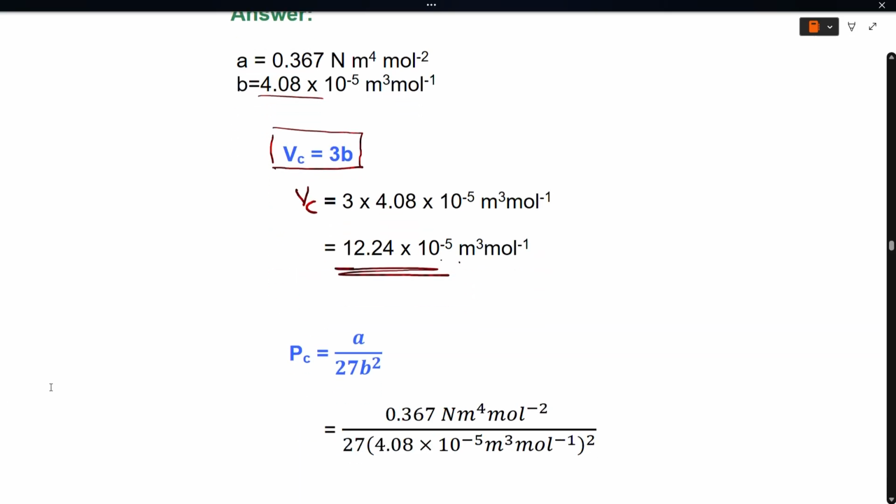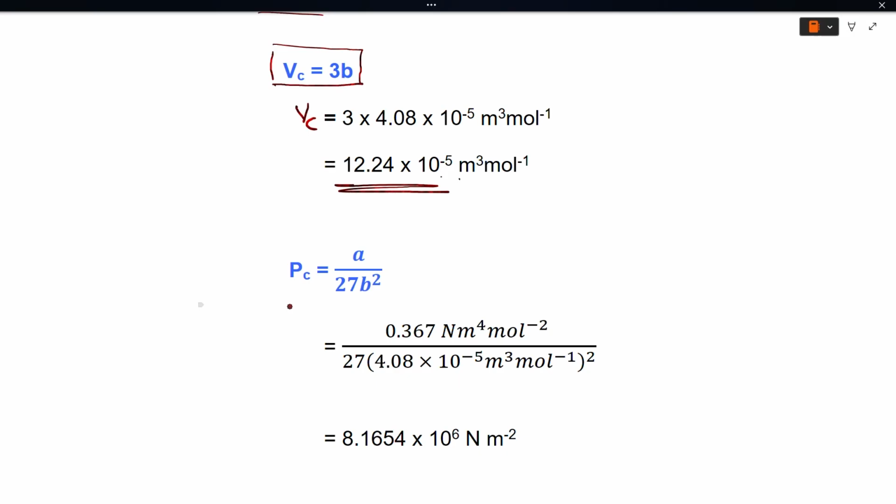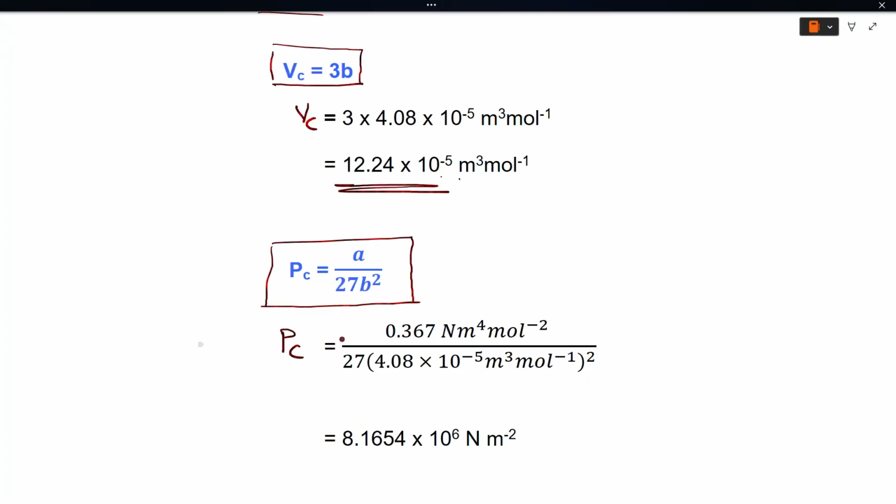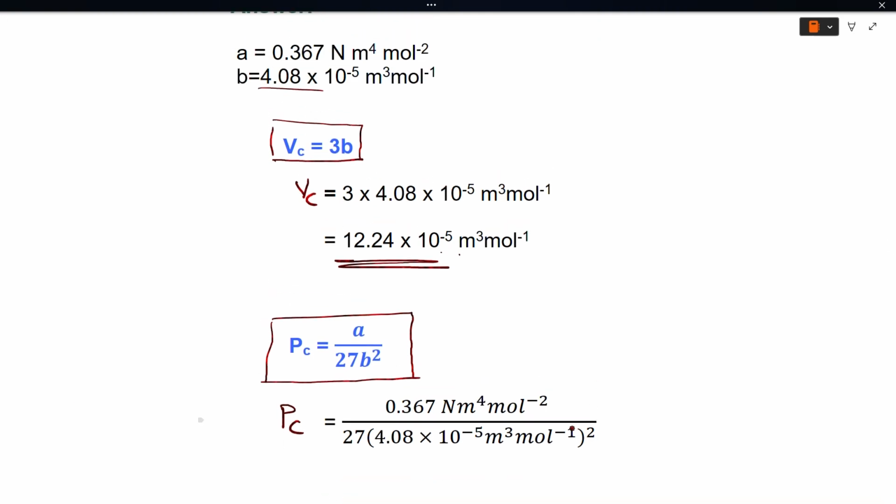Okay. So, next we have to find out Pc. Pc, the relation is Pc is equal to A by 27 B square. You will have to learn all these by heart, otherwise you will not be able to do the problems. And Pc will be equal to, what is A? A is equal to 0.367 newton meter raised to 4 mole raised to minus 2, and by 27 B square. B is 4.08 into 10 to the power minus 5 meter cube mole raised to minus 1